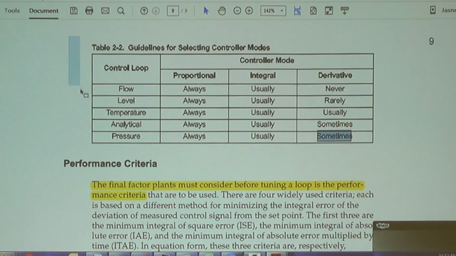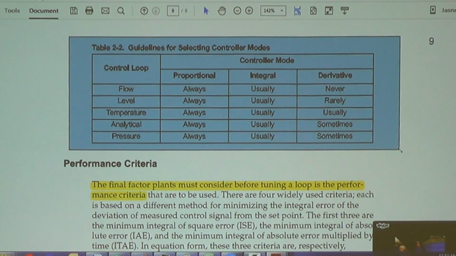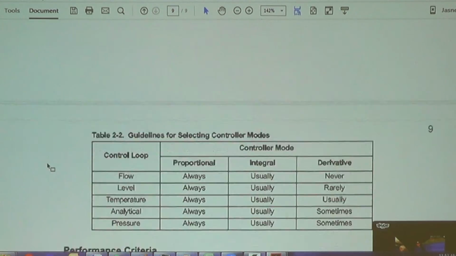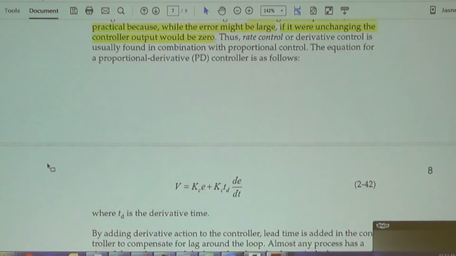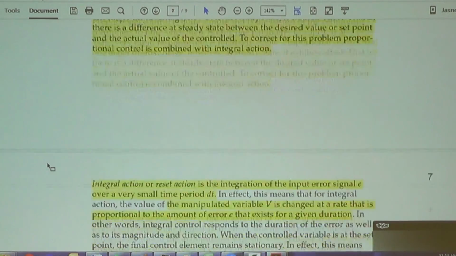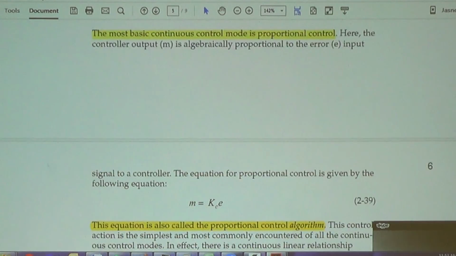So there would be a question on this. They will provide you a process, and they'll ask you what kind of controller action you would like to add to it. Okay? Just go through the tuning and the feed forward control that I said, and then we can take a lunch break.